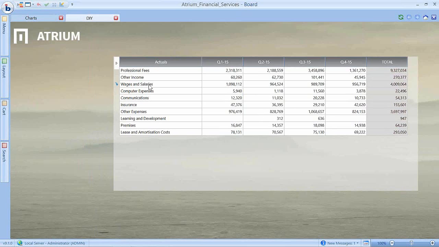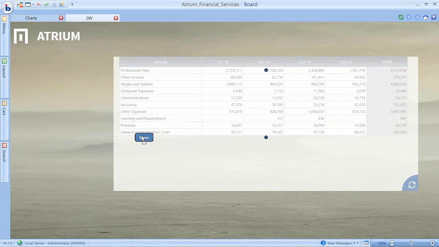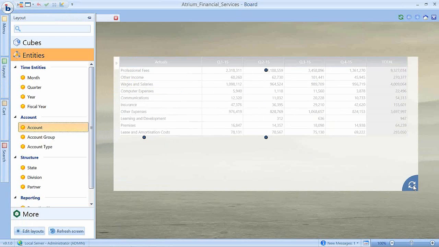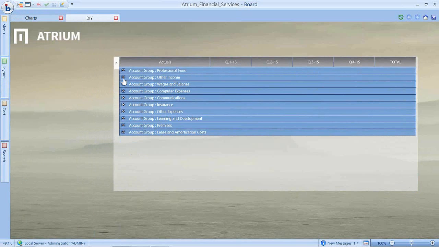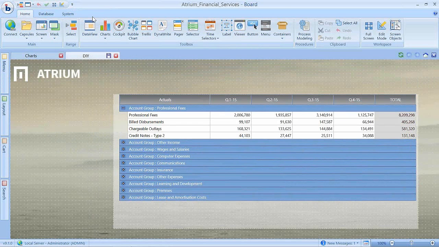I might want to add a layer to it. So again, I go into my layout, and I say, okay, well, let's drag in account here, and refresh. And now I've got a nice grouped report, so I can drill in and see what professional fees were and so on. If I want to get really detailed, I can actually go into the back end as if I was a developer and say, okay, well, I want to do this by